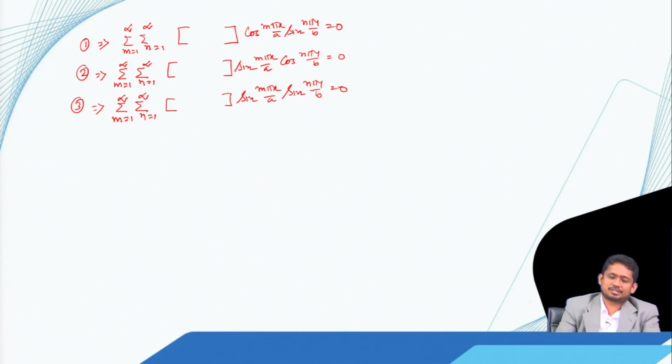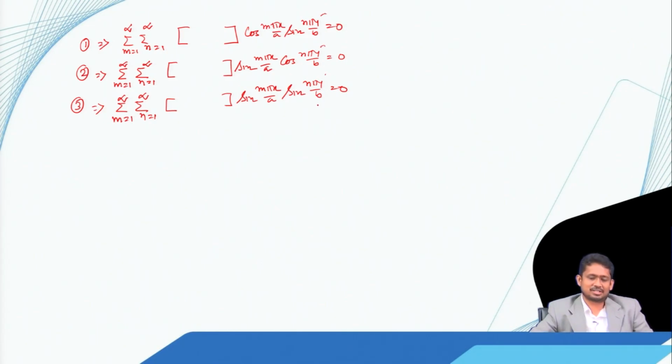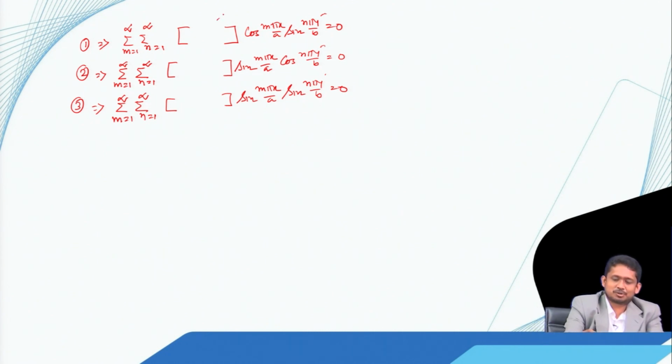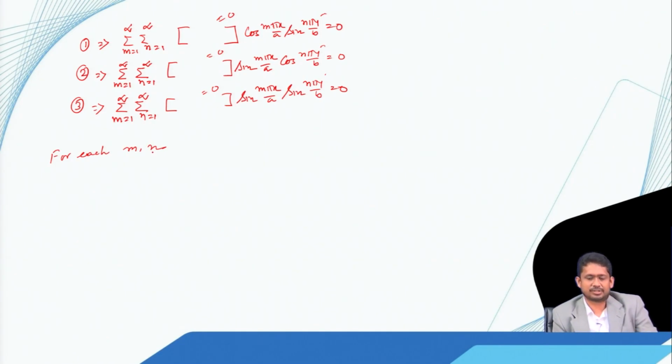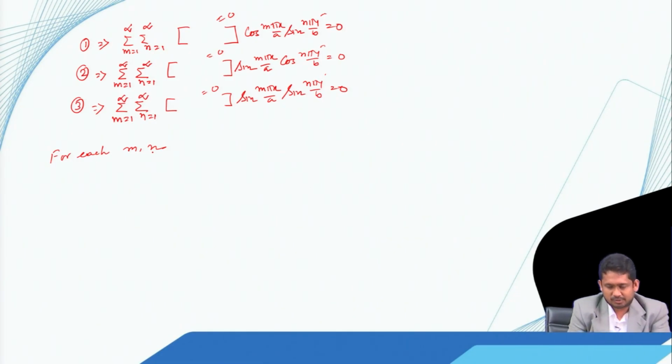Now, we know that these trigonometric functions cannot be 0 everywhere. So, for these expressions to be 0, every term inside the bracket should be separately 0. So, this equal to 0, this equal to 0 and this equal to 0. So, for each m and n, we get 3 equations, and those equations are